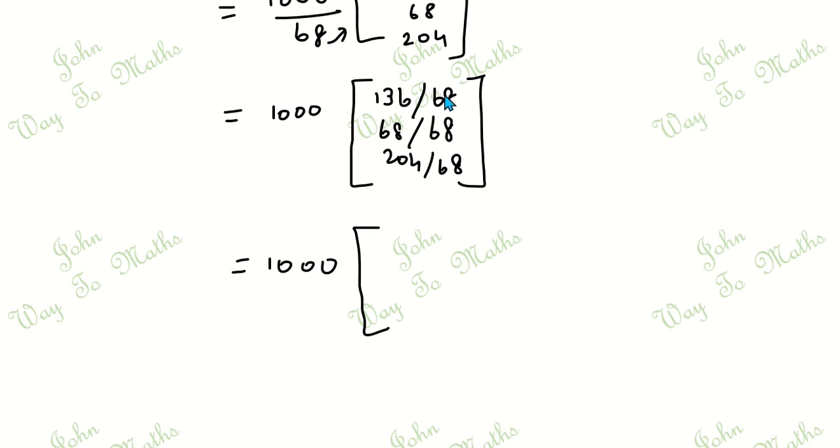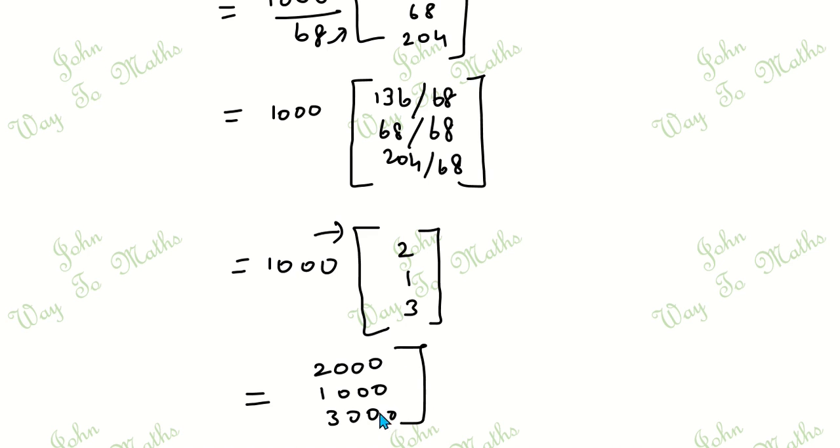So 1 68s are 68. Here 2 times of 68 becomes 136. So here 68, 68 will be cancelled. So 1. So here 1 68s are 68. So 3 times of 68 becomes 204. Here I'm going to multiply 1000. So 2000. Here 1000. Then 3000 is the